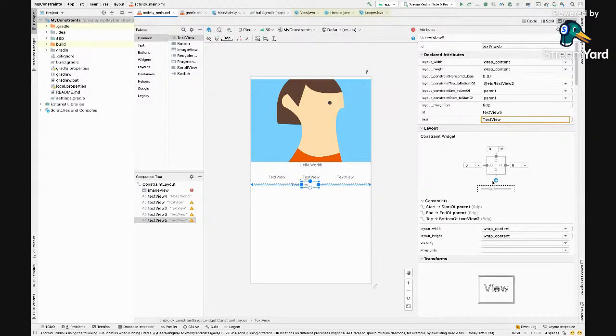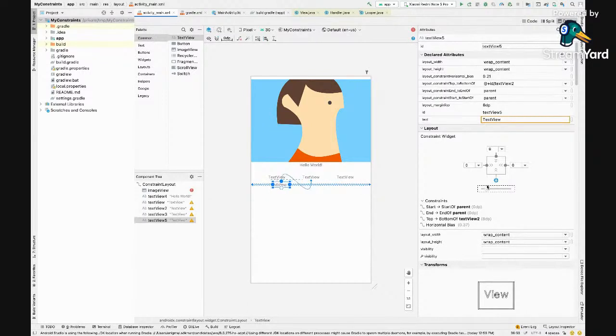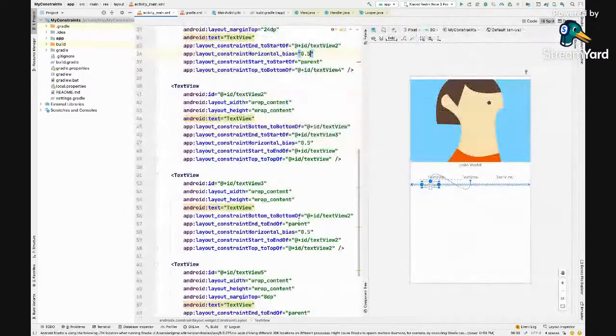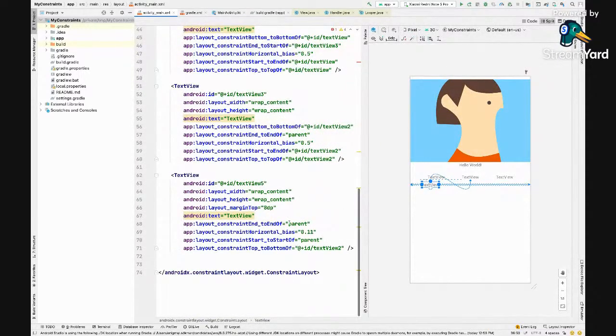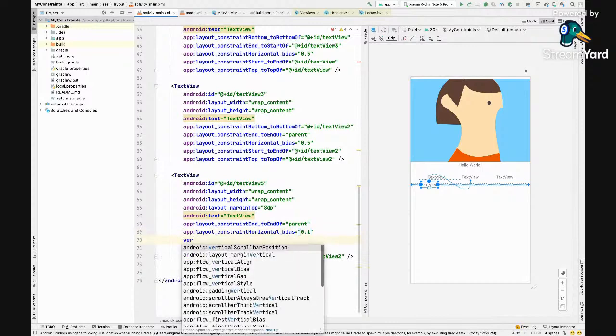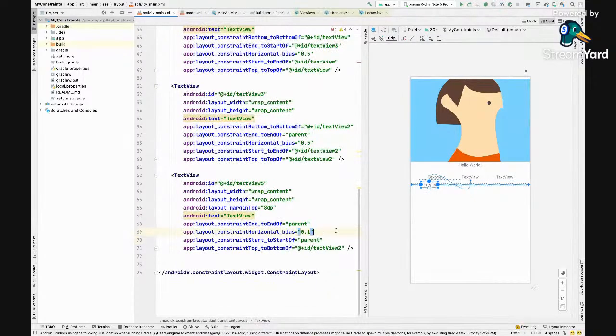If we want, we can give it an inclination, like it should be 18% to the left of the screen, or 10, or whatever you want. If you have to set this value, you can just go here, set 0.1, whatever you want. This is horizontal bias. You also have vertical bias. That's how it is.